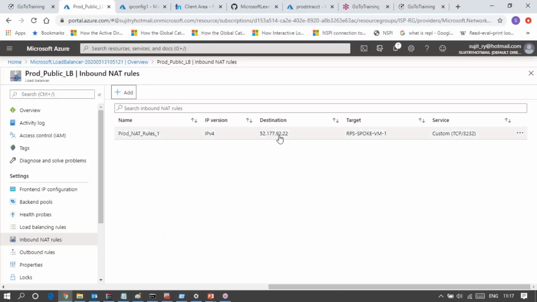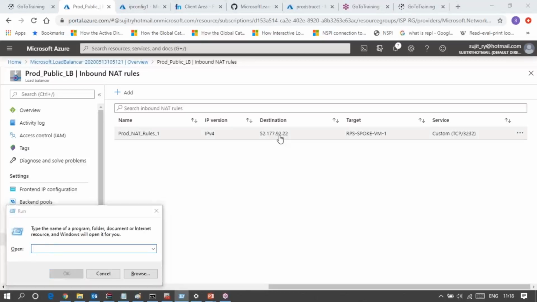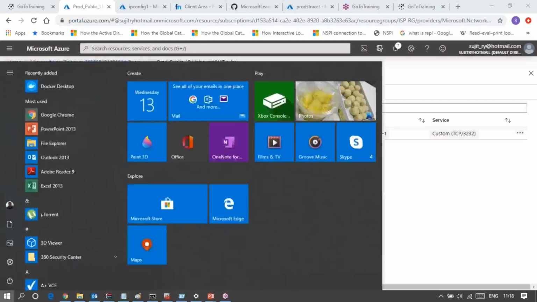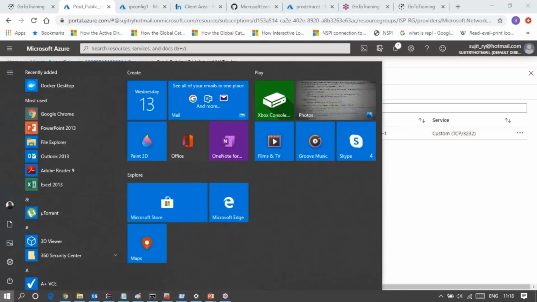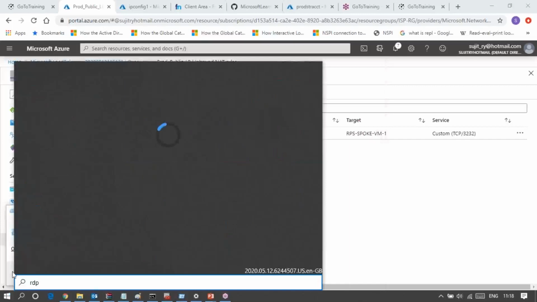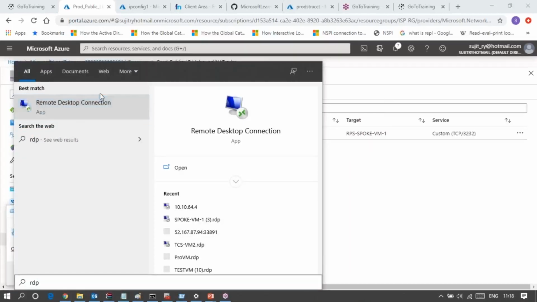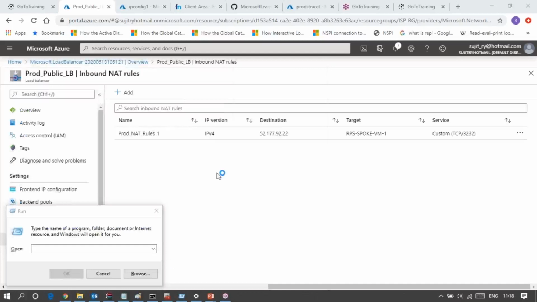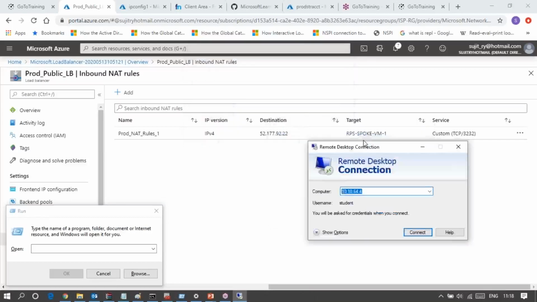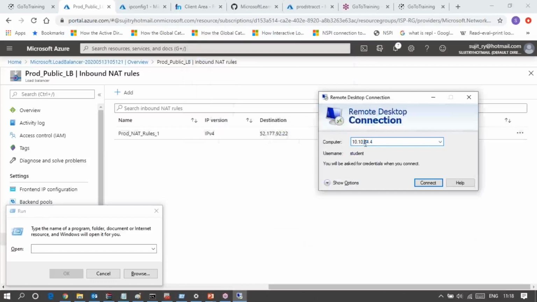To do this, I need to call my RDP. So I have to use this IP address, 52.177.92.22, and mention the customized port number that I have mentioned there, 3232, like this.